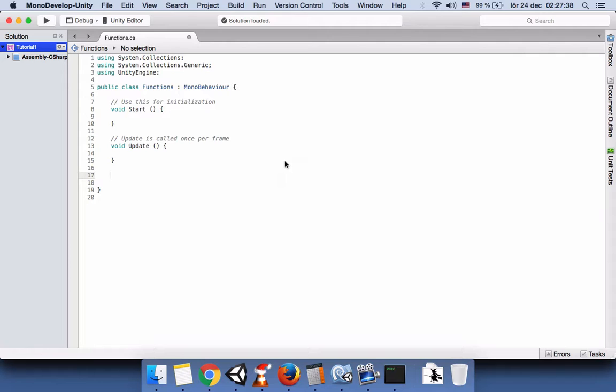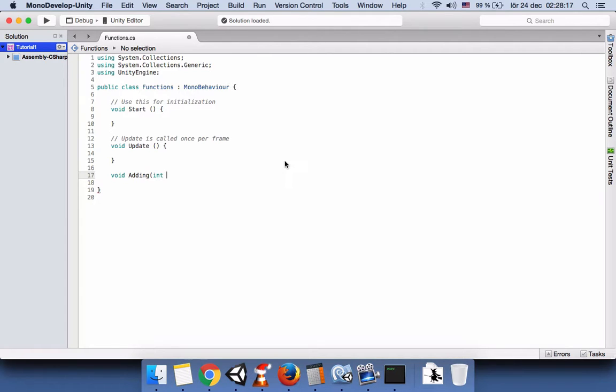We will start with the one that doesn't return anything. In order to create this type of function, such as update and start, which are of this type, we should write void and name it. Let's say that we want to add two numbers, and we want this function to add these two numbers and then print it in our console. So I will name it adding, and I will say, let's say int